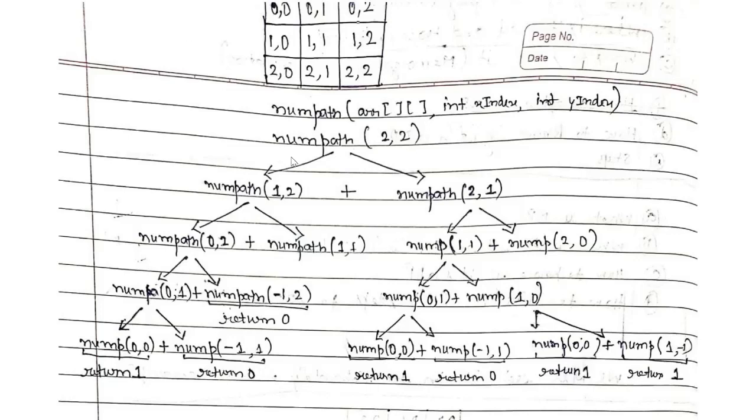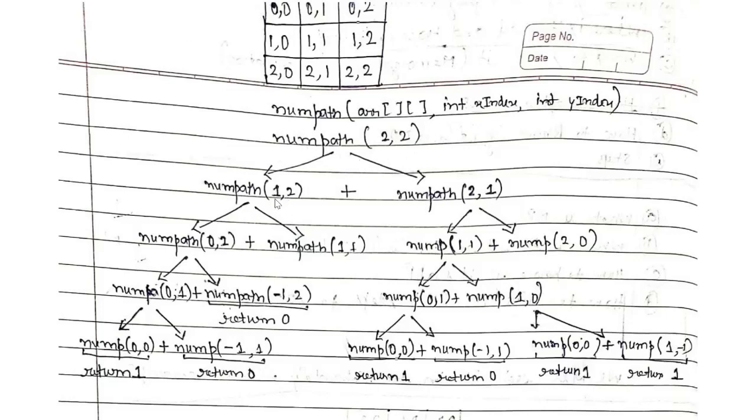So how do we approach our problem? Again, we will be branching out, but what will we be branching out for? We will see it in this recursive tree, or in this part of the whole recursive tree, because this is just a part. We need to branch out for each and every subproblem, but due to space constraints I couldn't do it. I highly recommend you branch out for each and every subproblem and see all the overlapping subproblems. It would be better for you to even understand the optimal substructure of this problem. So this is numpath 2 2.